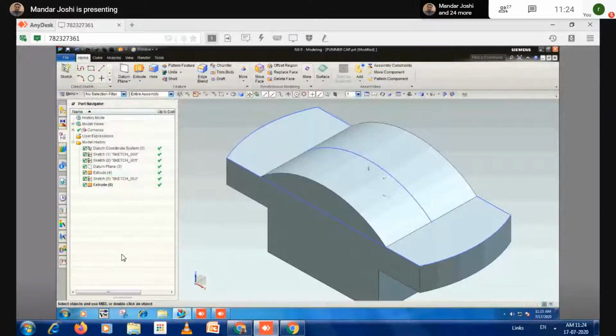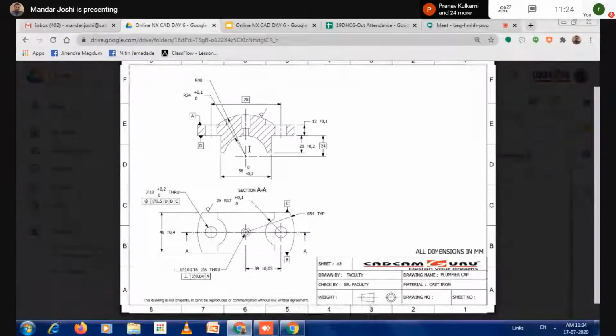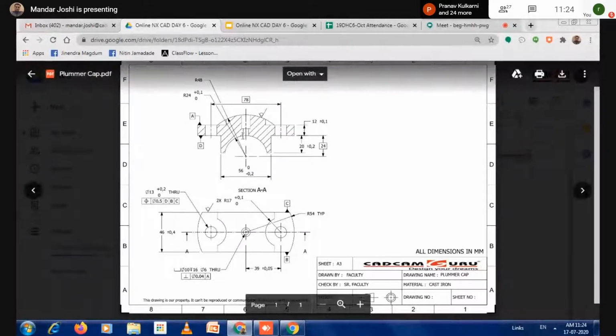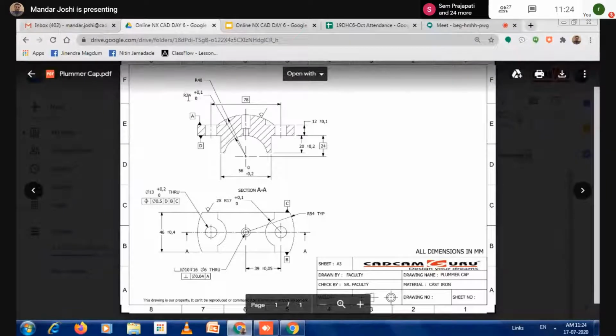Don't try to cut right now. First, we have to finish all material addition steps. Okay. After that, I think material addition is finished already. We have to think about cutting this circle. There is a circle you cut here. So what is the diameter of that cut? R24, isn't it? And diameter becomes 48. Correct.